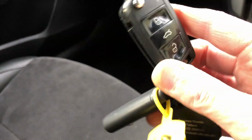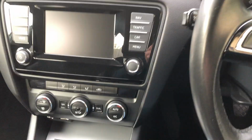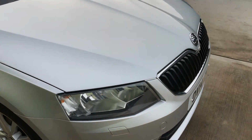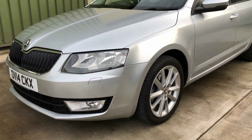Like I say, it comes with full service history, 2 remote keys, everything should be with it. Very smart looking car, very well looked after. So there you go, if you're looking for a nice estate car,